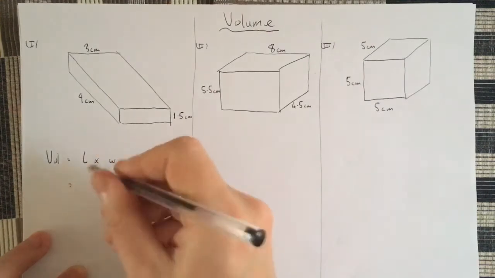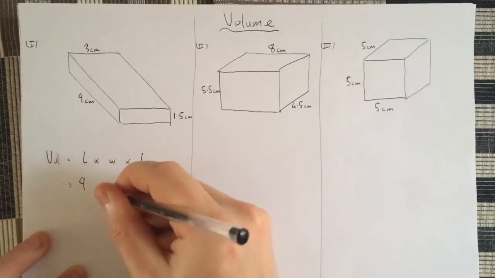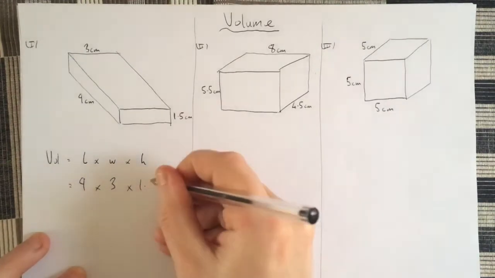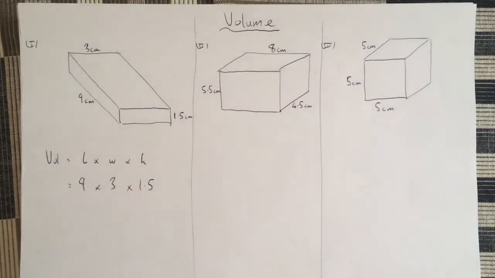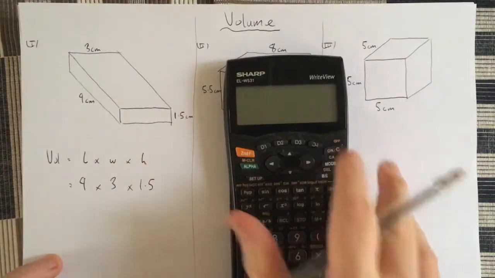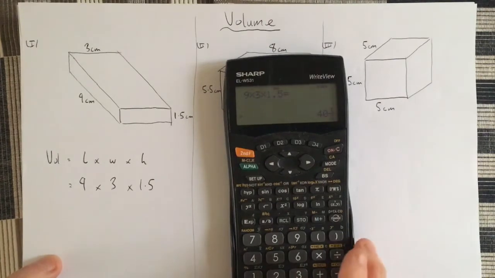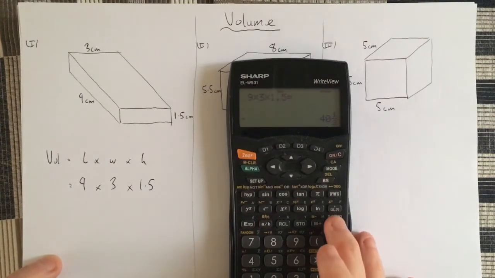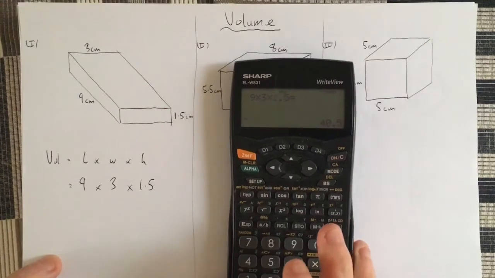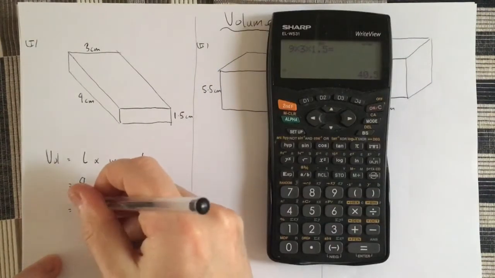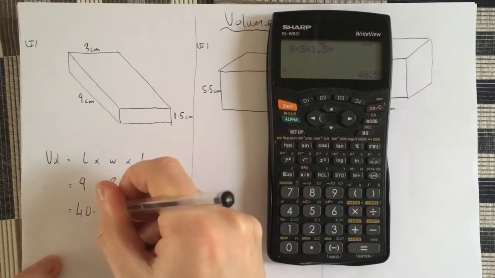So it's 9 multiplied by 3 multiplied by 1.5. If you plug those into your calculator, I'll press change to get it as a decimal, so 40.5